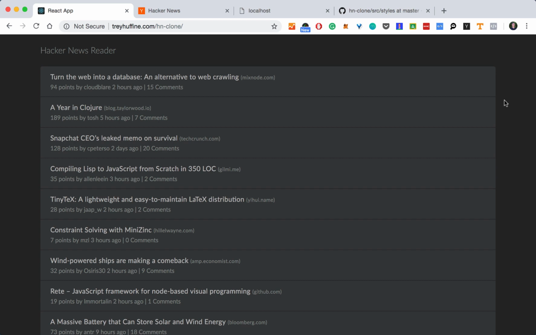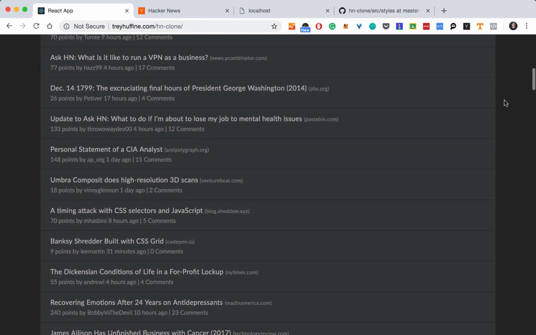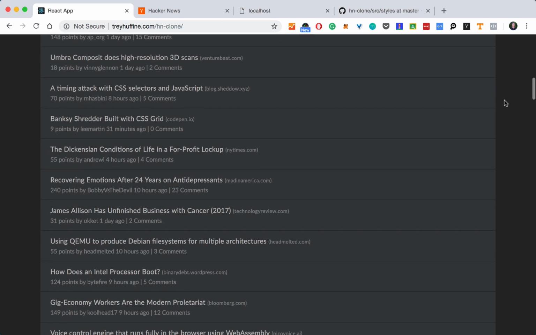Hello React developers, my name is Trey and I'm going to walk you through building a production quality Hacker News clone using React. I've been using React daily almost 3 years now and I want to share some of the things that I've learned. So we'll be building this Hacker News clone using Redux to manage the state and